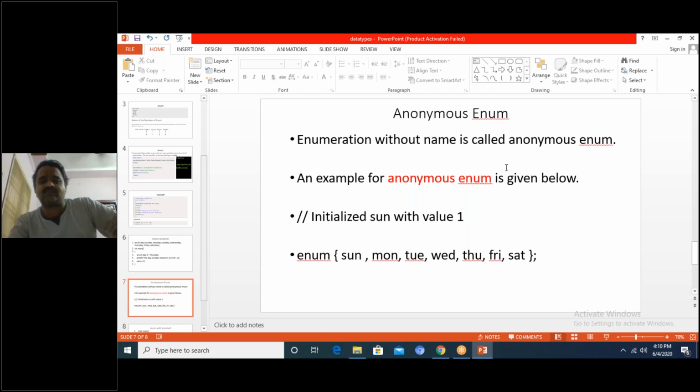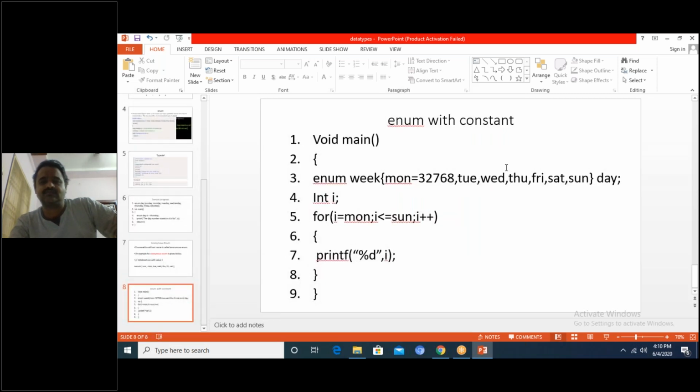An example for anonymous enum is this. Enum with constant value. Suppose you see enum week, Monday is equal to 32768, Tuesday, Wednesday, Thursday. Suppose you want to print that, can you expect the output of this program? What is the output of this program?